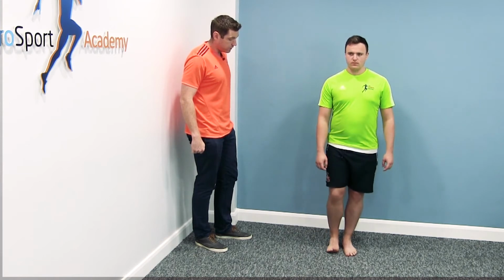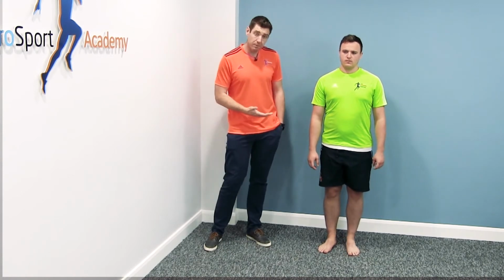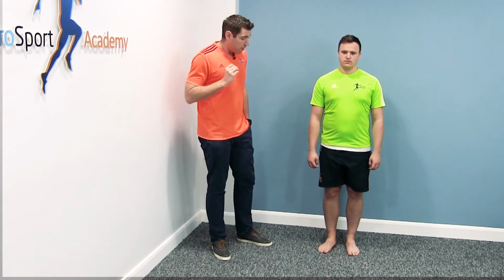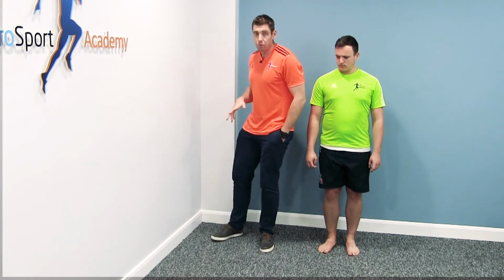Good stuff. And just doing that for somebody with post ACL, LCL, PCL even, just getting the knee to twist around those motions again can be very, very reassuring and give the athlete a lot of confidence. Okay, so that position there, when we go straight to 4 or 5 o'clock,